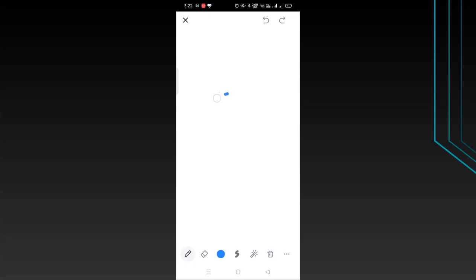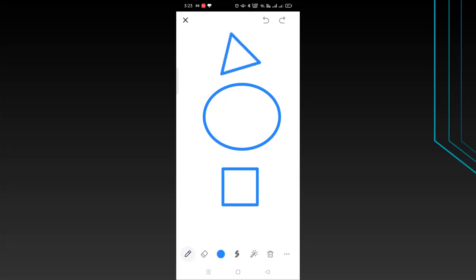So if I want to draw a circle, when I draw a circle, the circle will not be clear, but you see, automatically it will recognize. Again, I want to draw a square, so I just draw a square like this. I want to draw a triangle, I just draw something like this. Automatically it gets recognized. So that is the use of smart recognition. It is very much useful when you take class or present something to maybe teachers or other students.